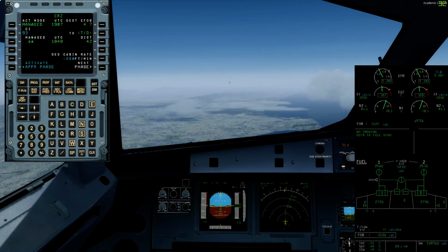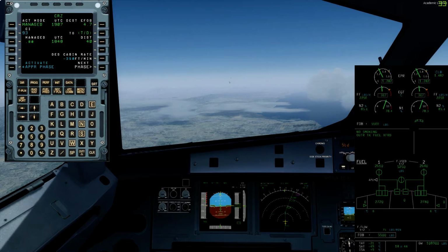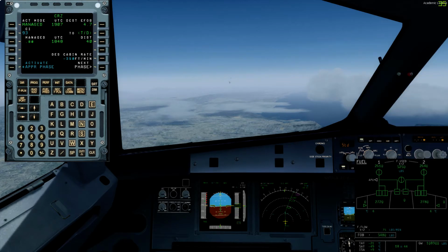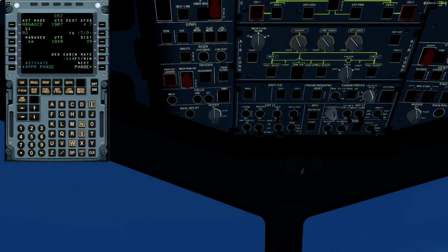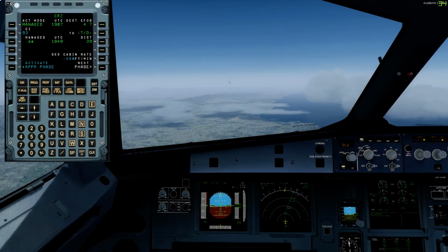Be careful not to click that previous phase button too much, because then you'll activate approach inadvertently, and that slows your aircraft down to approach speeds. We don't want that yet. Not yet. Soon. It's coming up. Are you going to stop transferring fuel that's non-existent? Or what, dog? I think it's just going to do its own thing. It's supposedly an automated system, so...